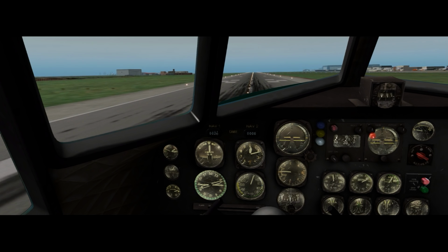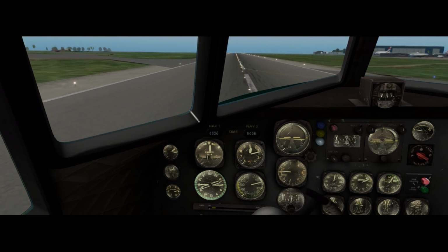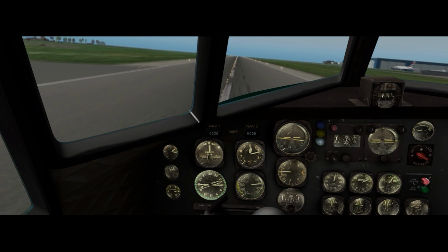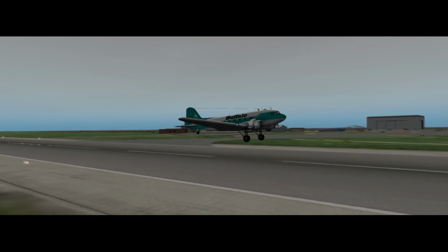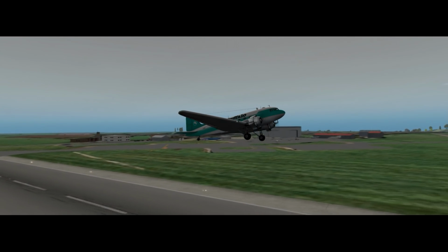Buffalo Airlines out in Alaska. They've still got theirs. We've got a fleet of them. And of course, oops, this livery is based on that. On takeoff, you can't pull it up like a jet, you just got to let it come off the ground